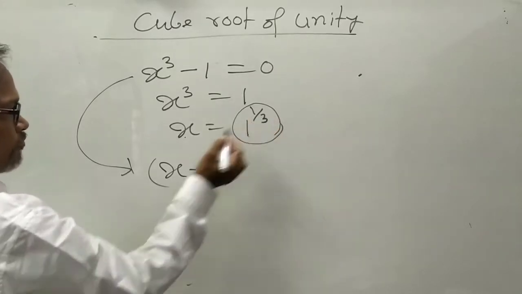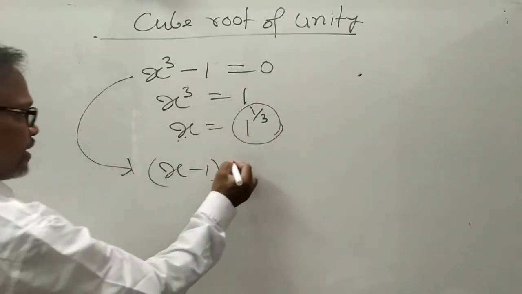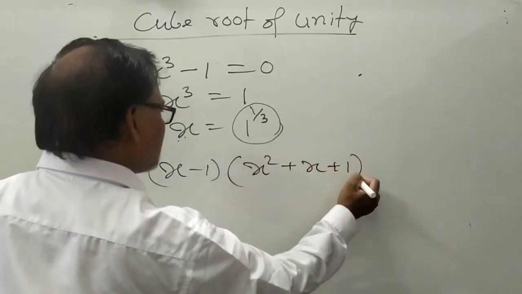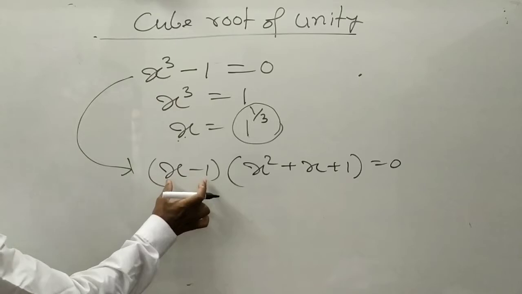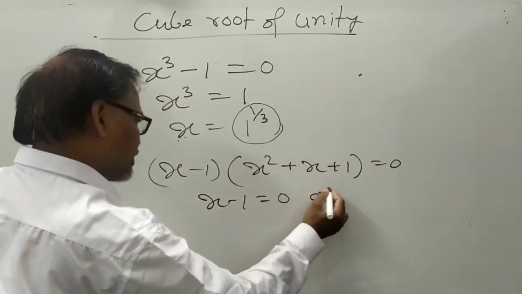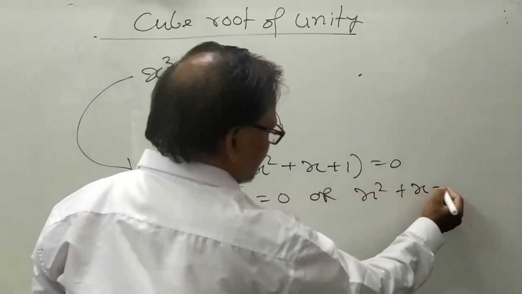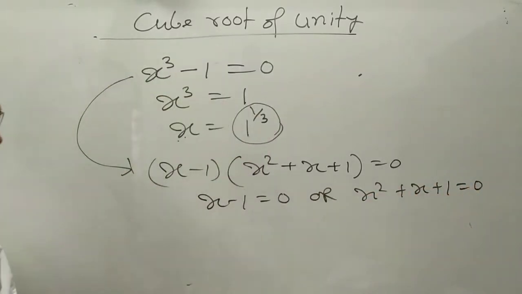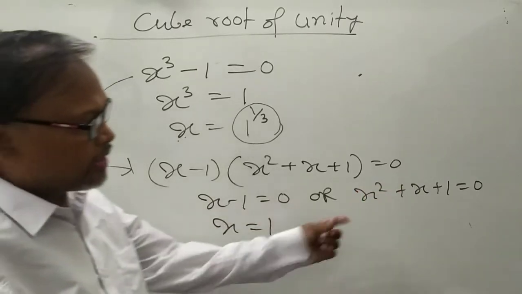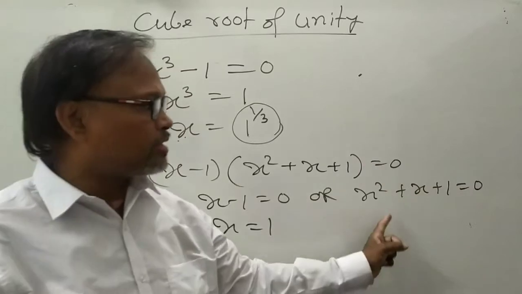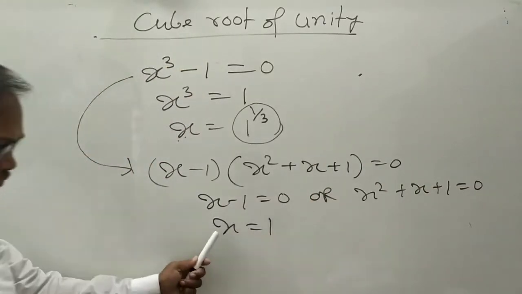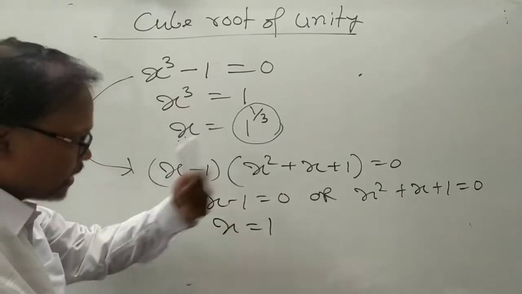क्योंकि इधर अगर cube root of unity है तो ये भी cube root of unity. Then apply the a cube minus b cube formula, so you will get this is equal to 0. One factor is x minus 1 is equal to 0, and the second factor x square plus x plus 1 is equal to 0. ये x is equal to 1 दे रहा है तो क्या ये देगा? You can factorize it by using Shridharacharya formula. तो इसको अब हम factorize करते हैं. One value you are the x is equal to 1. Other way.